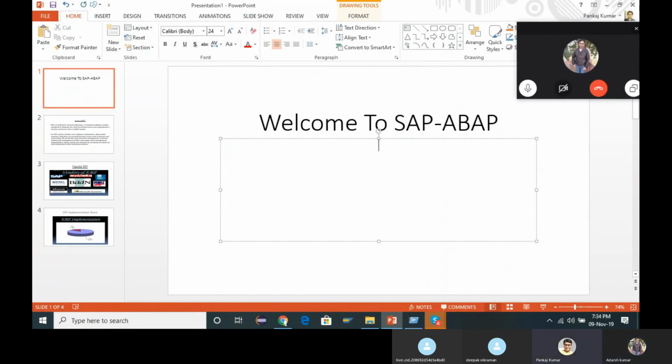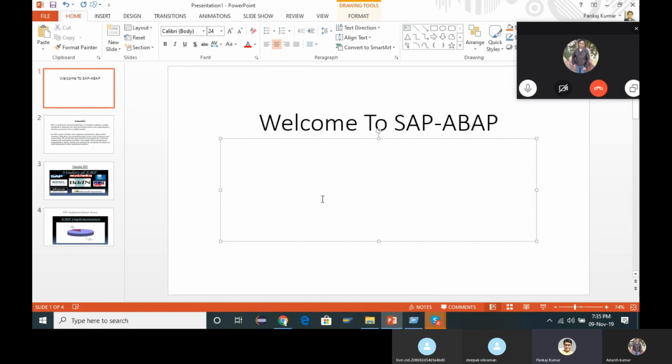So, welcome to SAP ABAP class, all of you. And this is our first class, and here we will start from SAP ABAP basics, like what is its importance, and where it can be used, and how its architecture is and how it works in the SAP system. So everything we will see in detail in today's class, and then we will try to go today